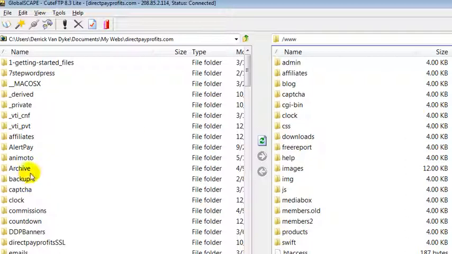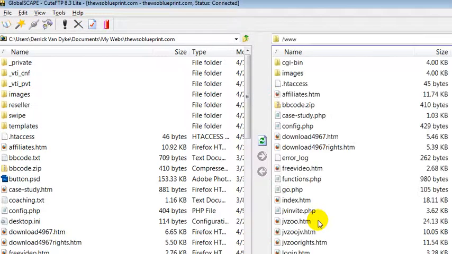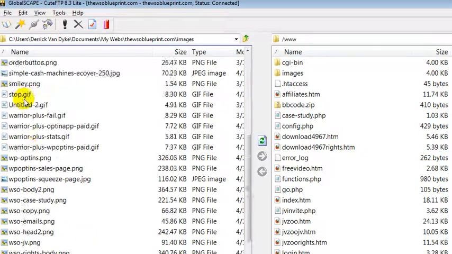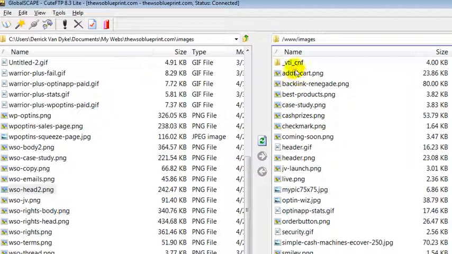Alright, so this is your computer, so I've already set this to go directly to Direct Pay Profits. I'm in the wrong place. So I want to go down to WSO Blueprint. And we have images. I just scroll down to WSO Head, and I just drag and drop it into the images folder. Okay, now I know it's there, and I can go. One thing you can do is just copy and paste this, because this is www, or if you go to public HTML, that's like the end of your domain in the browser window. Okay, so that would be /images/